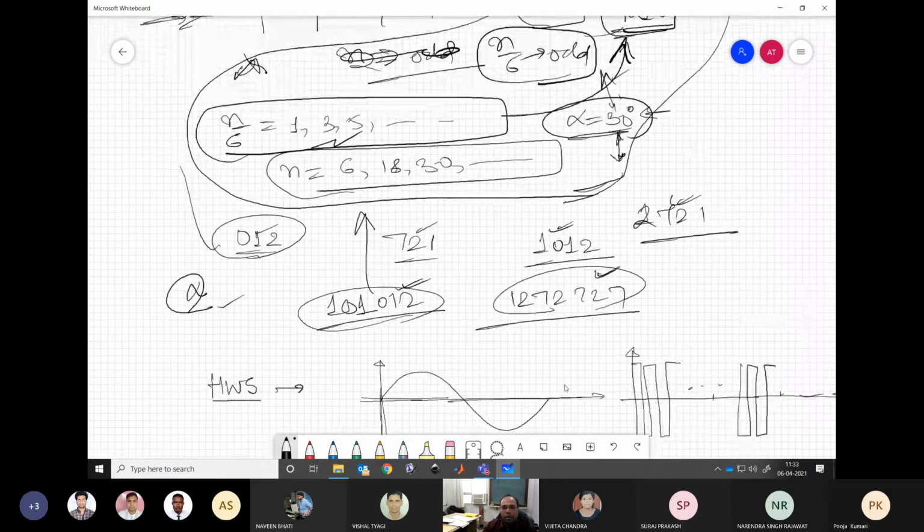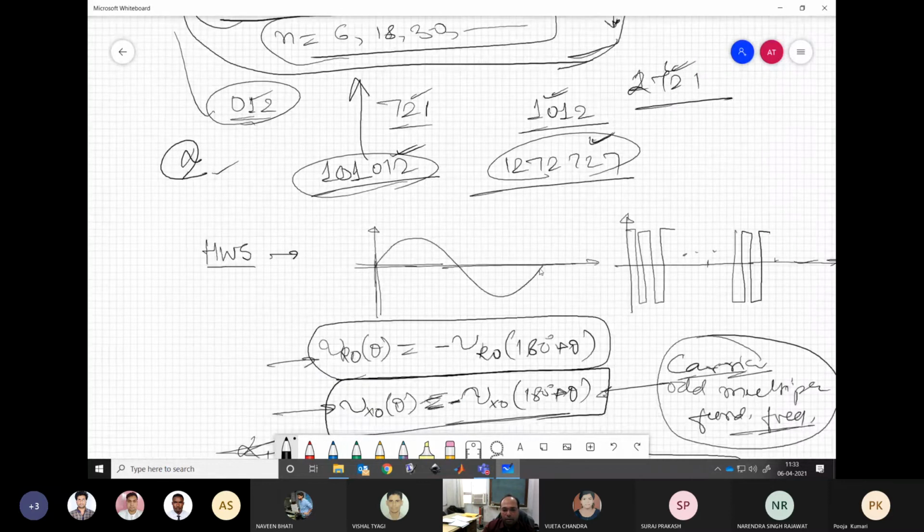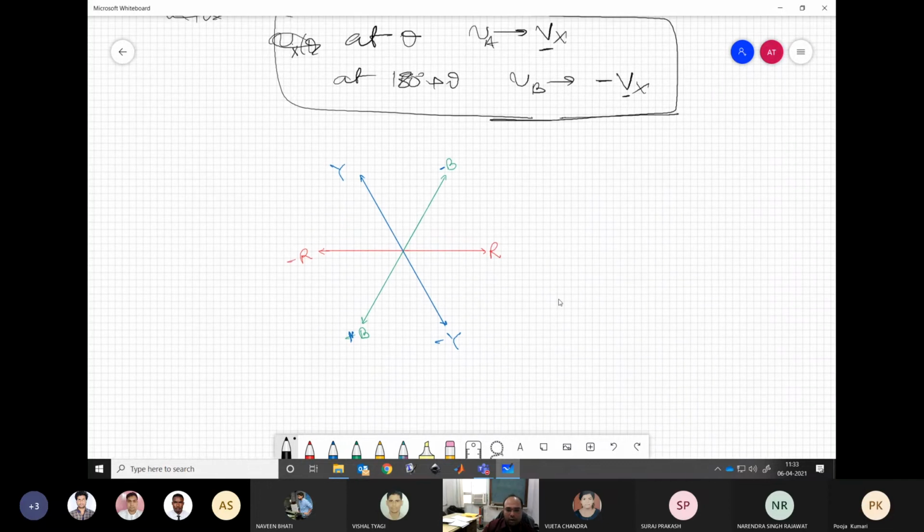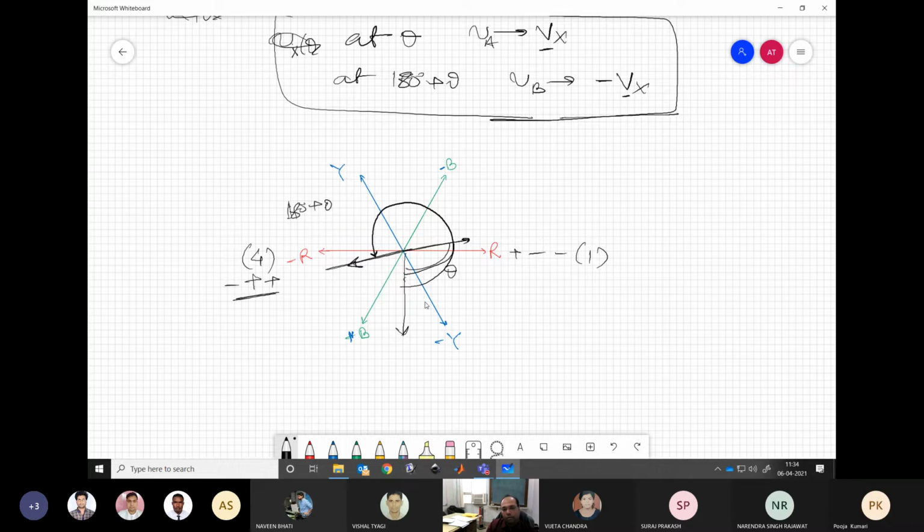So, for example, if I bring this down again, what it says is, if you are applying vector 1 at this particular angle, at this particular theta, let's say I take this as theta, then exactly 180 degrees apart from that, what will we apply? Vector 4. Getting my point?